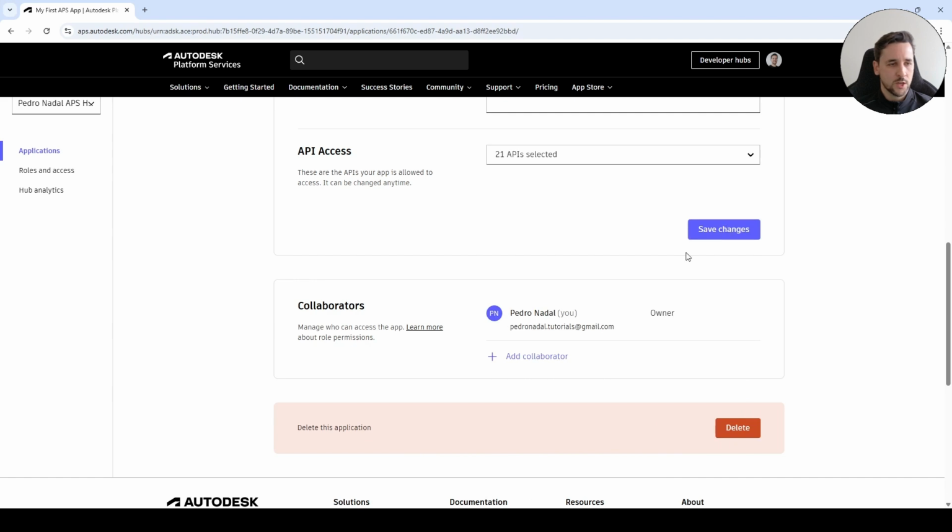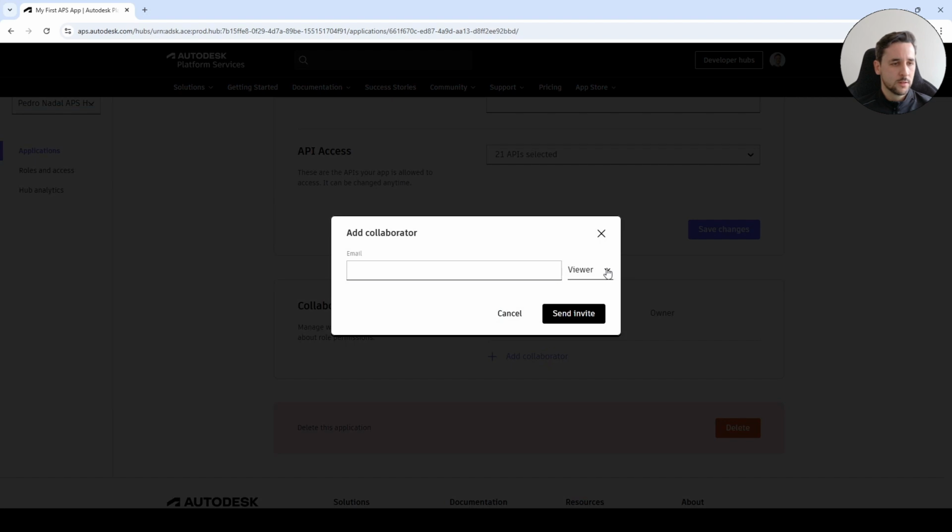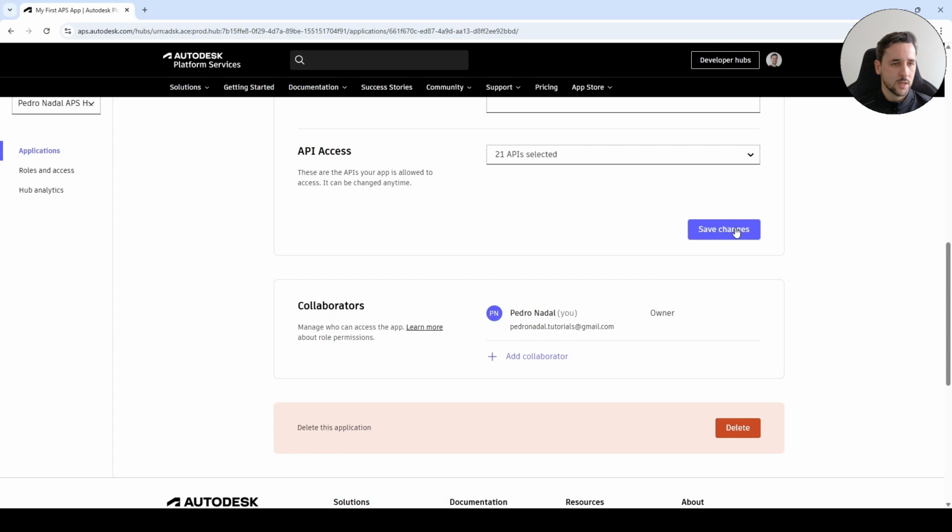We can save the changes, and also we can add other collaborators to view or edit our new application. Let's save the changes,